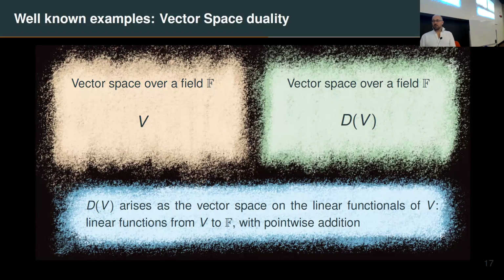So I thought I'd go through a few well-known examples. They're mathematical, I guess, but some of them are sort of logical lines. This one maybe not. So a very popular one in classical mathematics would be vector space duality over a finite field. And here we would construct the dual space as the vector space on the linear functionals, which are just all of the linear transformations into the base field. Now, if you have an infinite dimensional vector space, then you might want to use continuous linear functionals, otherwise you don't have a true duality. But in the finite dimensional case, this is it.